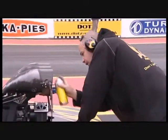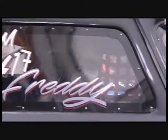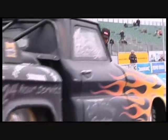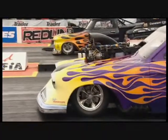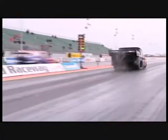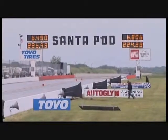I mean, who would have thought it? A barn door, basically, with a supercharger and runs over 220 miles an hour. It's a phenomenal thing to see this thing go down the racetrack, isn't it, John? It is indeed. And, of course, these two are hot rods. Everybody loves them. Flames on the front, of course, but it's Andy Robinson who takes the win here. Great run from him. Does away with Fast Freddie with a